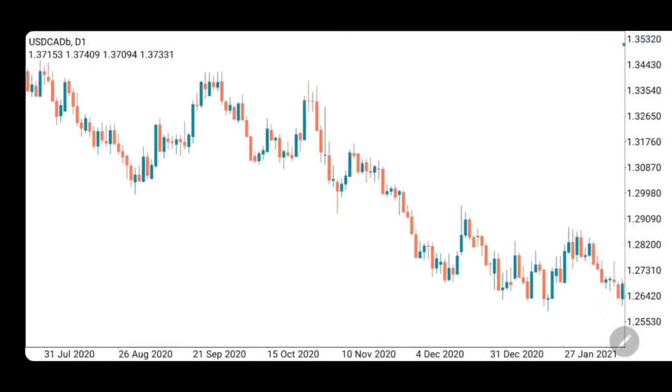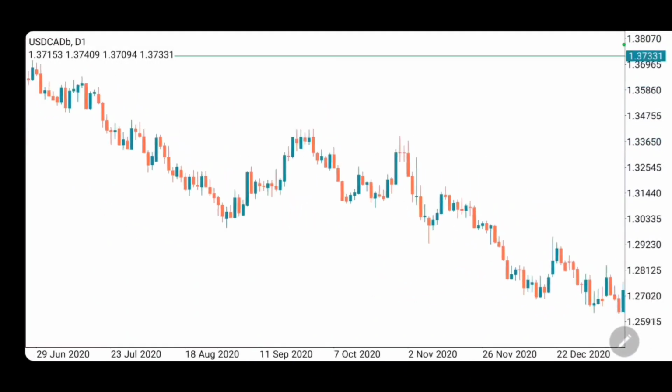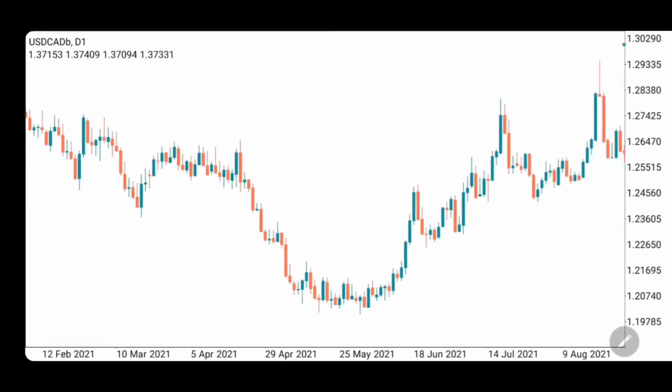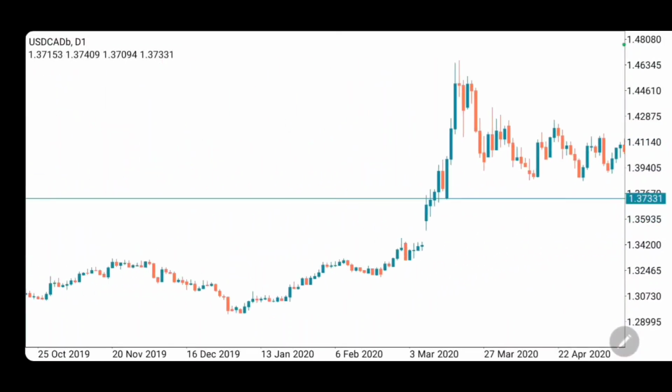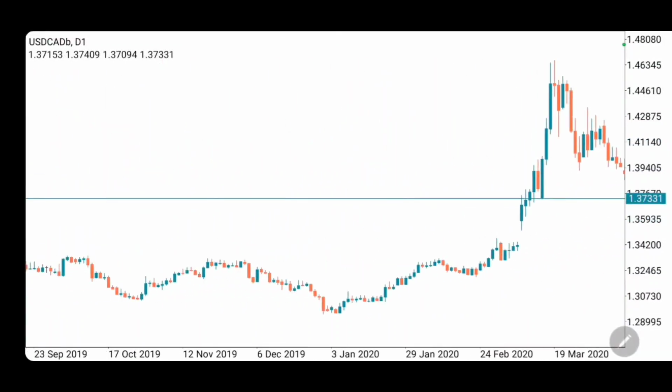How you can trade the previous day's high and low strategy. It's three simple ways you can trade the previous day's high and low strategy. Now, these are the three ways you can actually trade the previous day's high and low strategy. The first one